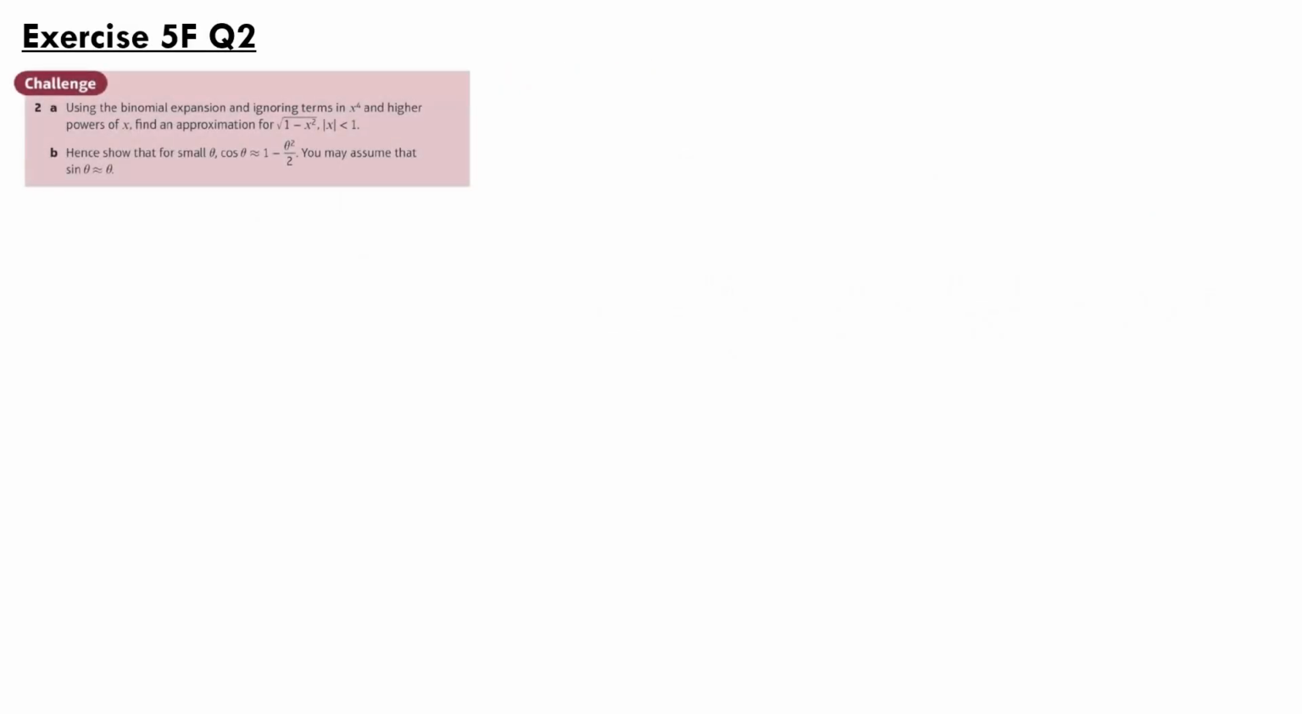Now for exercise 5F, question 2. Part A says using the binomial expansion and ignoring terms in x to the power 4 and higher powers of x, provide an approximation for the square root of 1 minus x squared, where the modulus of x is less than 1. So,